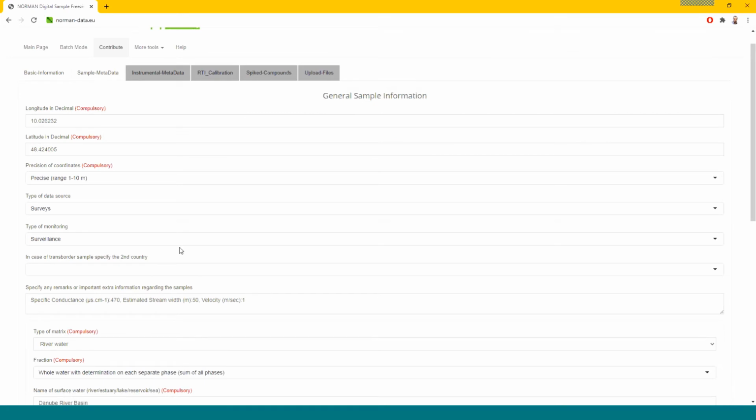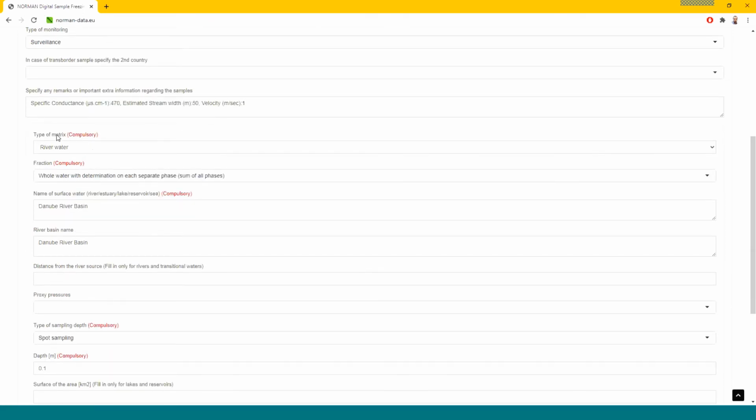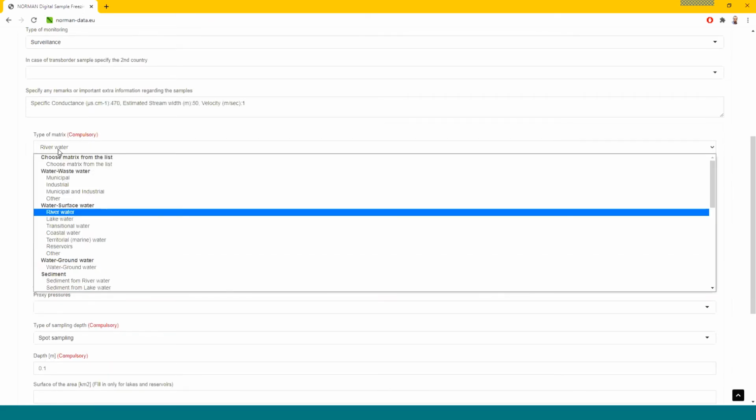The next step contains sample and matrix-specific information. All has been filled for us. It is important to note that there is different metadata for different matrices. Also, it is important to highlight that NORMAN network experts have developed appropriate metadata for all environmental matrices.